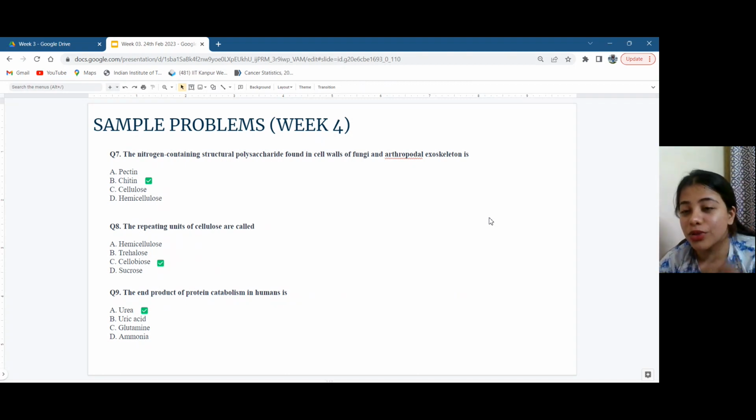If you go through the lecture notes, you'll see that these are polysaccharides, which are obviously composed of monosaccharides. So the monosaccharide units that actually comprise the cell wall of plants in this case are cellobiose. So cellobiose repeating units together form the polysaccharide entity, which is called as cellulose, which composes the cell wall of